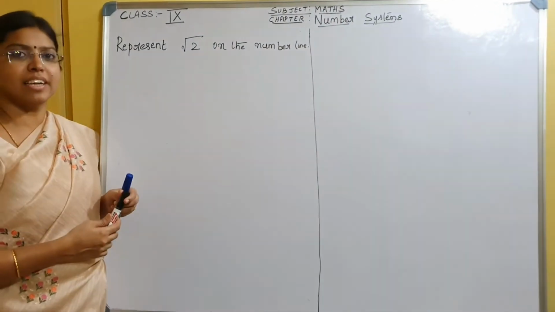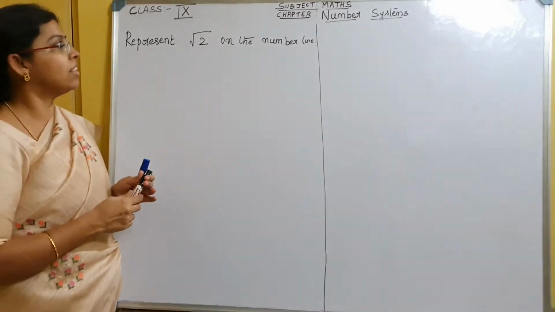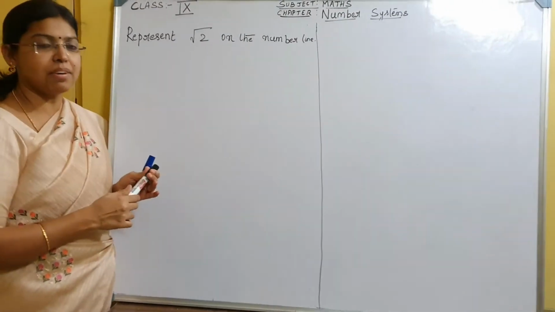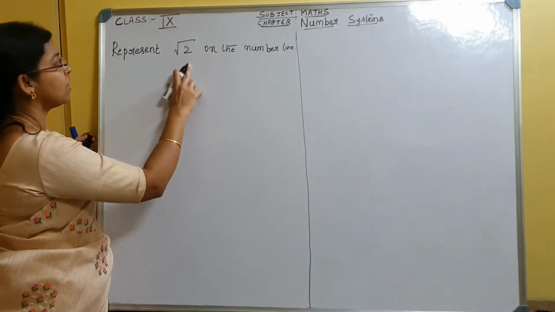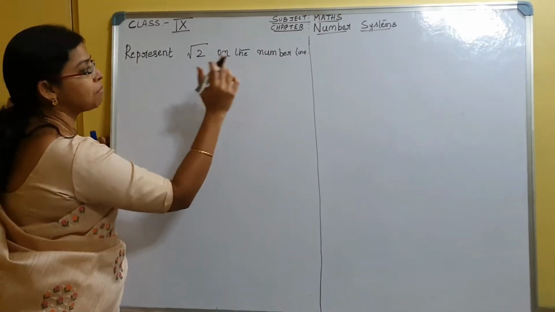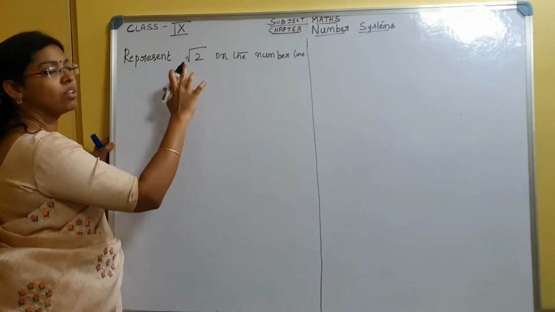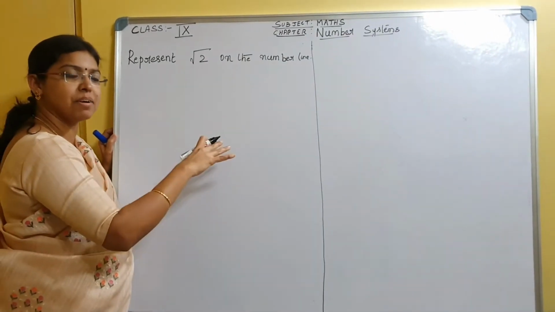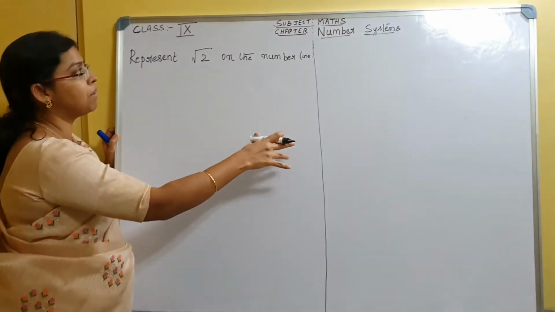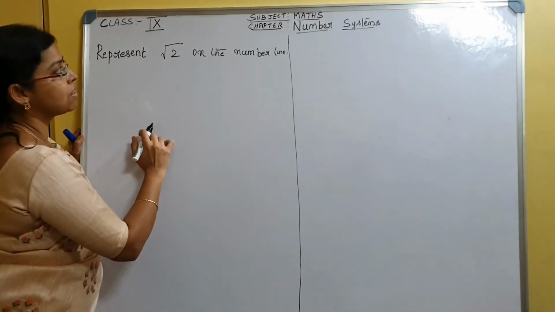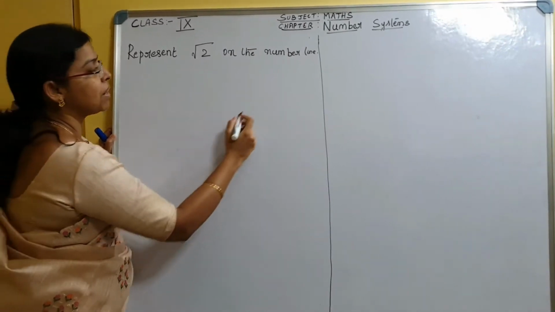We will move on to the irrational numbers now. We have seen all the operations on rational numbers. We will move on to irrational. Root 2 is an example for irrational number. Represent root 2 on the number line. How do we represent this number on the number line? We have seen that all the real numbers lie on the number line. We have seen the rational numbers, how they lie on the number line. We will see how irrational numbers are represented on the number line.